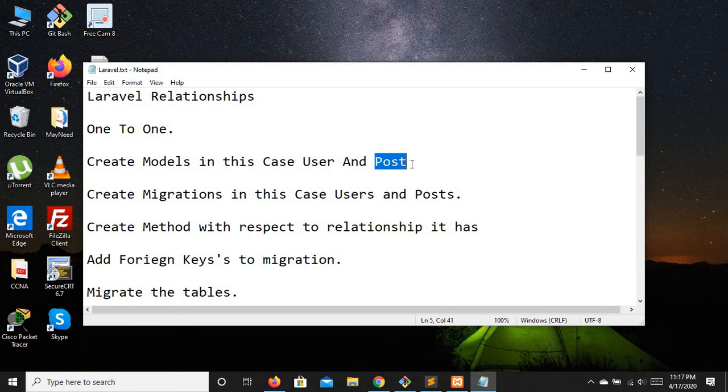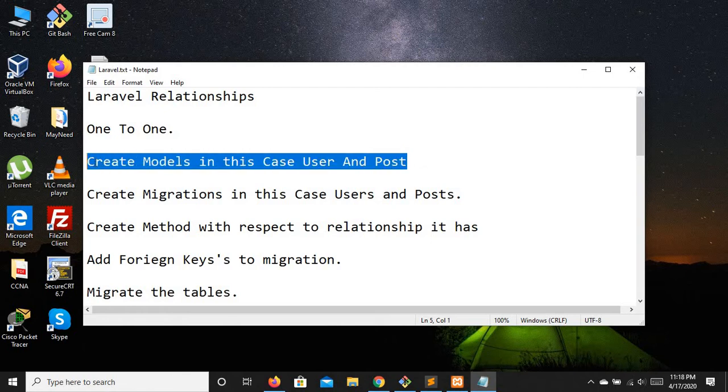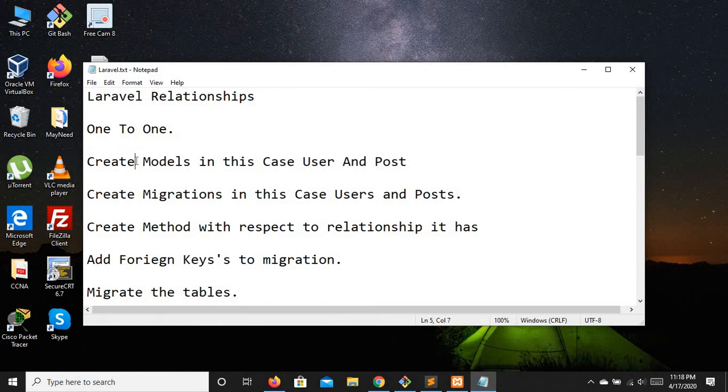This is just an example and not a real life scenario. In a real life scenario, a user can have multiple posts and multiple posts belong to one specific user. Okay, so in order to implement a relationship, what we basically need is to create specific models, in this case user and post, but we are not going to create any new model because we have already implemented the post model and the user model comes out of the box with Laravel.